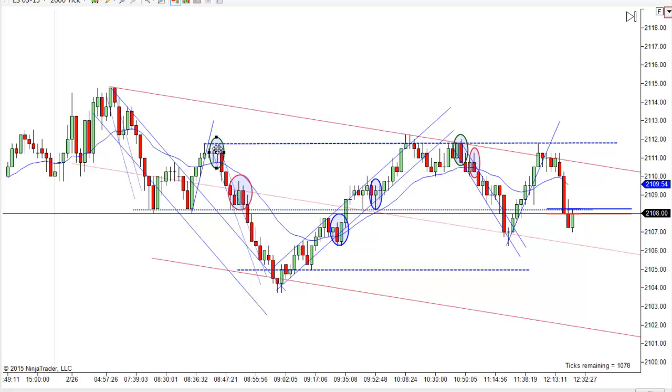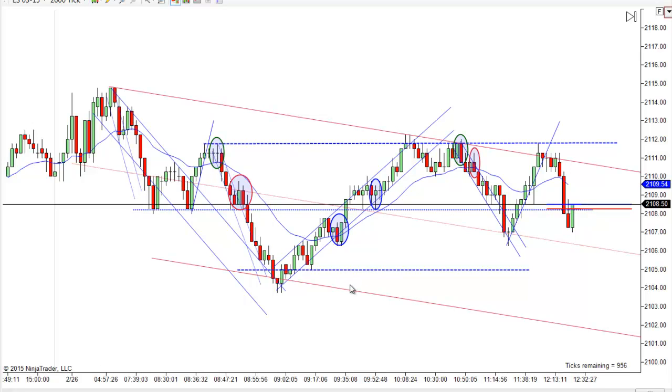And this one was a little iffy because of all of that overlap right there, just like here. But there was a second entry short right here. You wouldn't want to take that one. But notice here you got the close outside, and you got an attempt to go higher, and you just got a little double top, and it goes on. If you did enter here, you definitely got to use a limit order. And if you entered here,